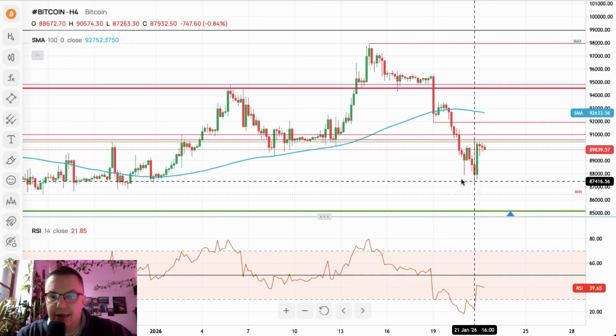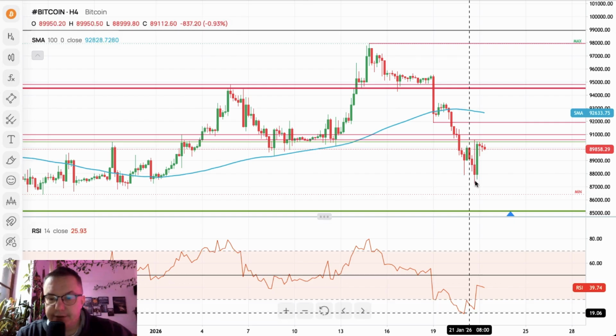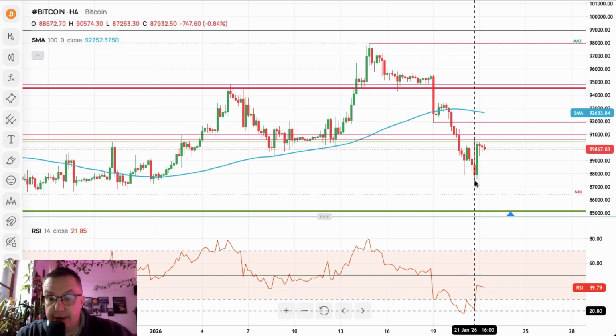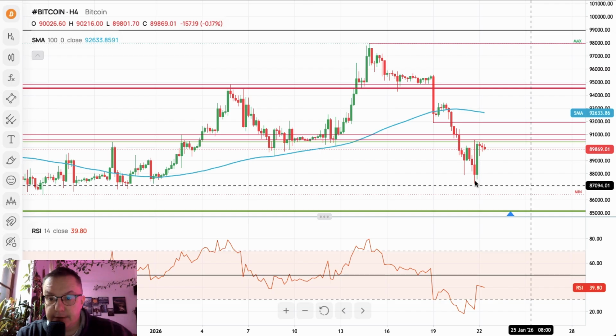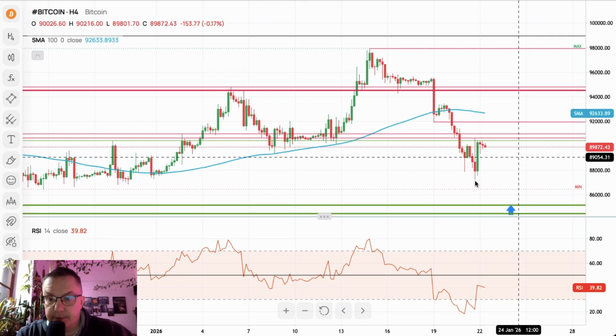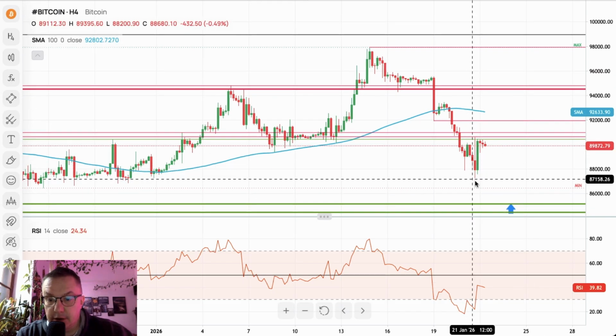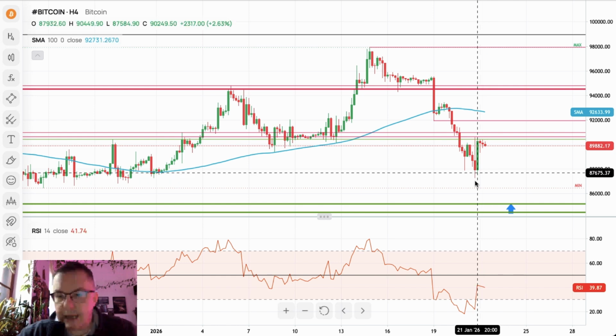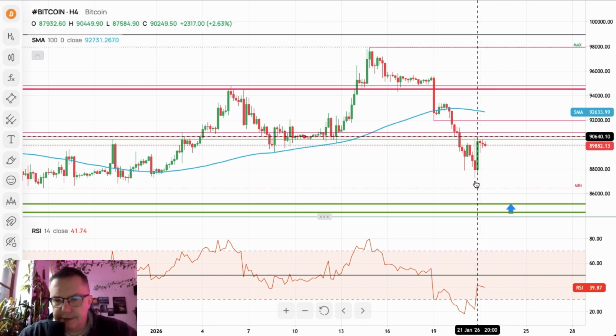Now, Bitcoin went as low as we said. Bitcoin went as low as 87,263 into the extremely oversold conditions, bullish divergence between these two and these two, right? Prices, right? This is the new lower low, there is no new low, so we have a bullish divergence, and then back up we go towards technical resistance at 90,640.